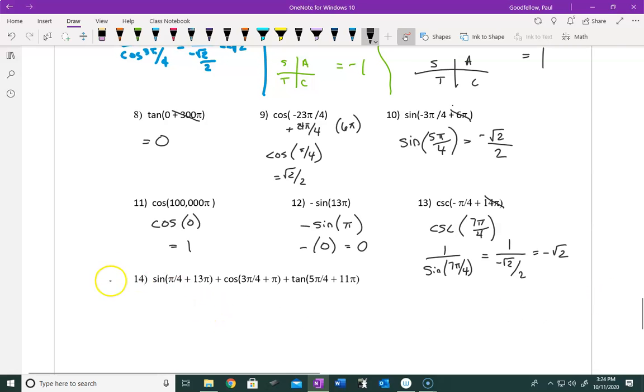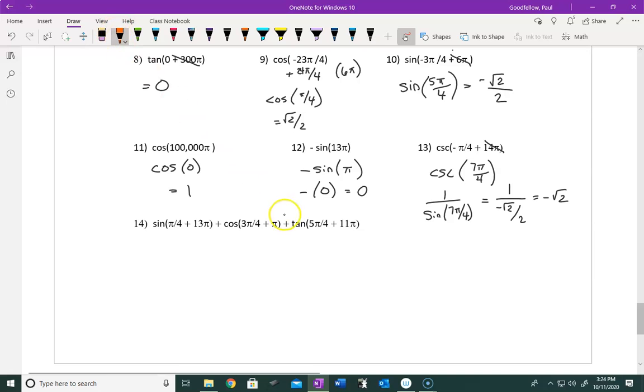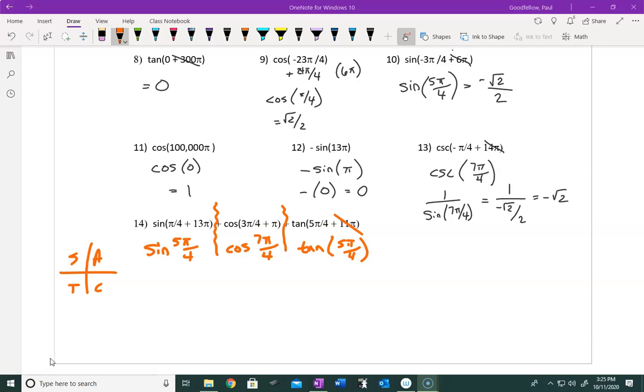And then we'll go down here to the very last one. And this very last one is really not so hard, as it's really just 3 separate problems that you're trying to figure out. So work them all out individually, and we'll see if you can get it right. Here's what I'm going to basically say. I converted all the ones into their coterminal locations, and I really want to focus on how to use this ASTC piece. Sine of 5 pi over 4, well, we know that over 4 ones are going to be root